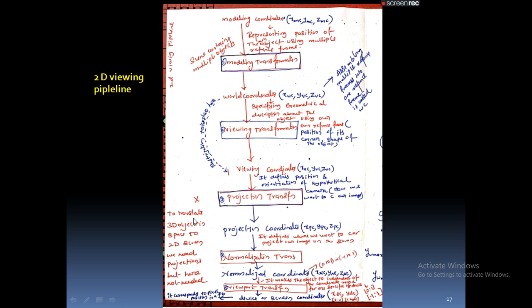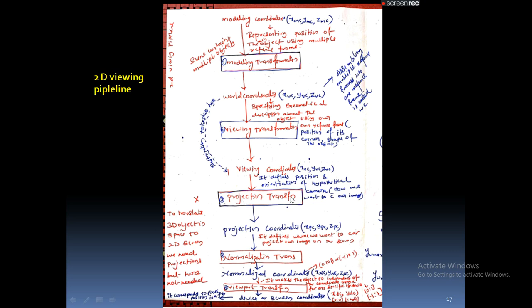But when we need projection transformation, means whenever we want to perform three-dimensional viewing, then only we need projection transformation. But here we are performing two-dimensional viewing. So in case of two-dimensional viewing, we don't want projection transformations. But you assume it is a three-dimensional viewing. If it is a three-dimensional viewing, then we need to map viewing coordinates to projection coordinates with the